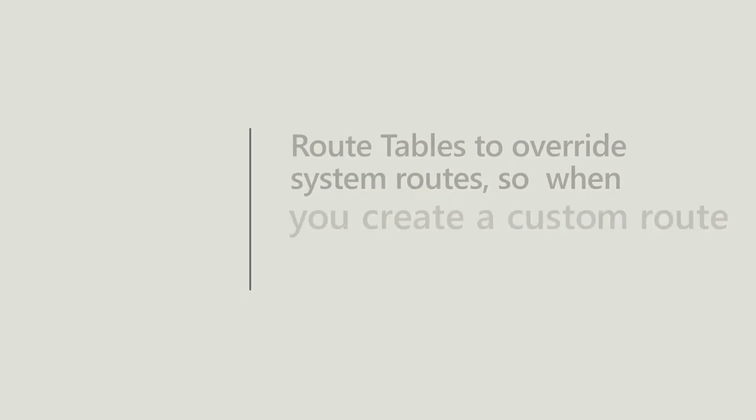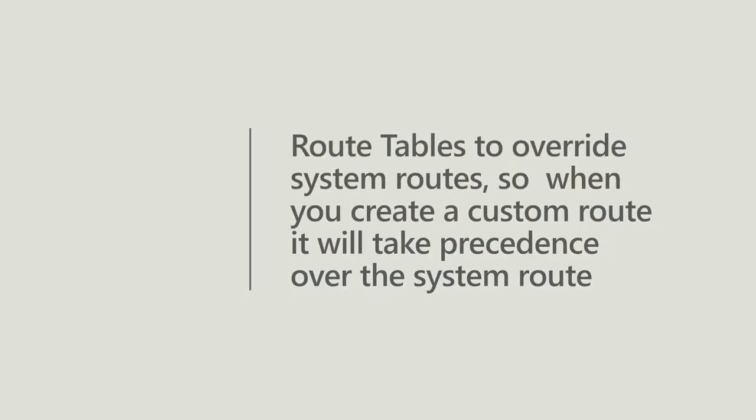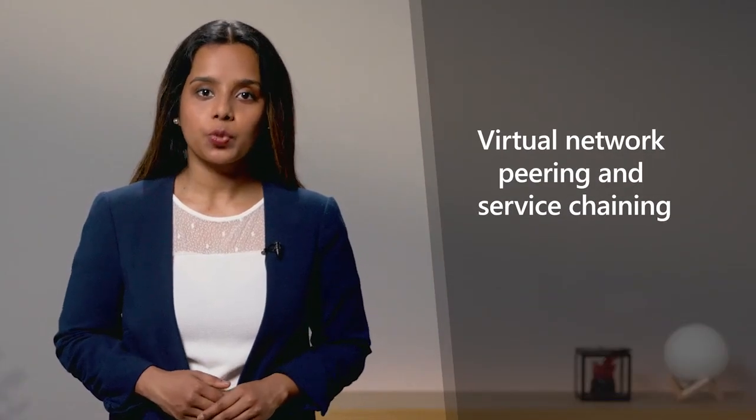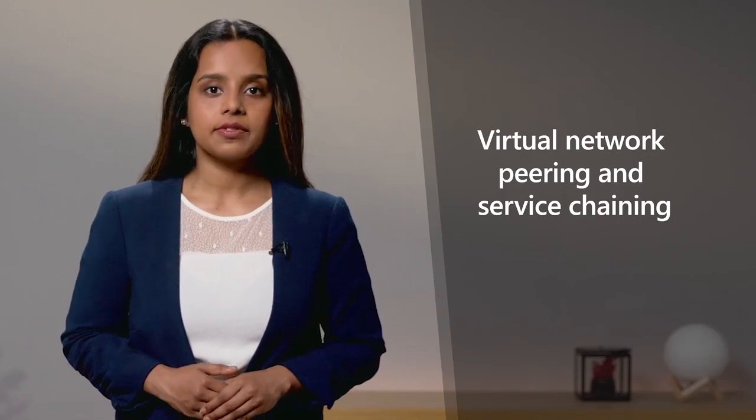Azure automatically creates system routes for each subnet in a virtual network. These system routes define Azure's default routing behavior. You can use route tables to override or supplement system routes. When you create a custom route in a route table, it takes precedence over the corresponding system route for that specific destination. Another crucial aspect of controlling network traffic is virtual network peering and service chaining, which connect virtual networks